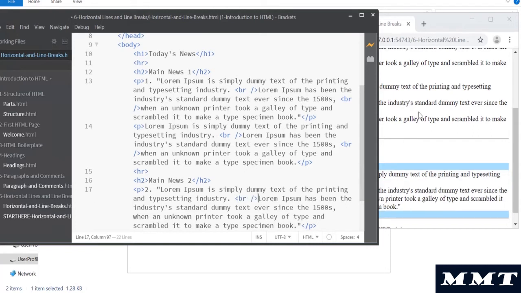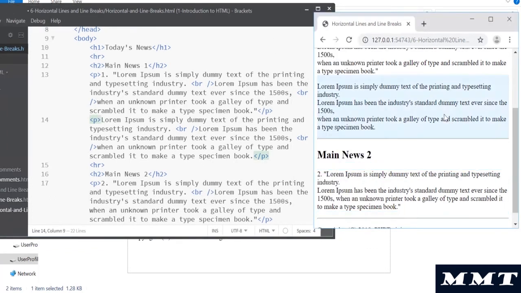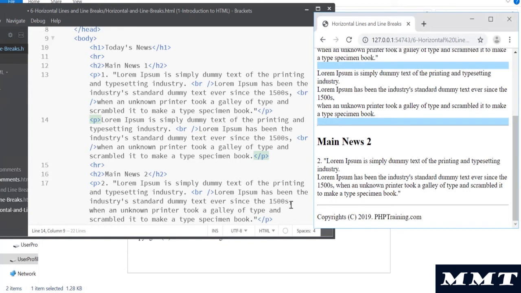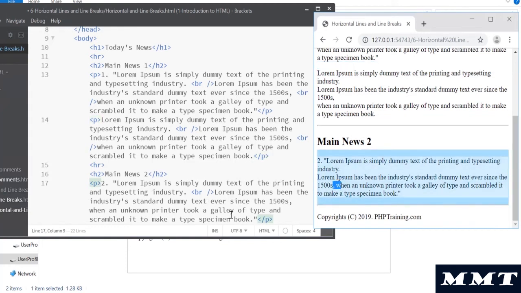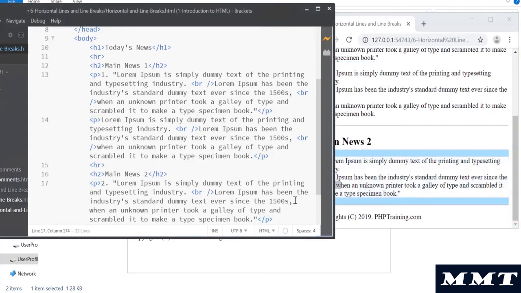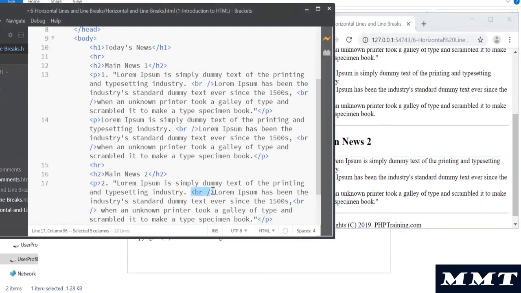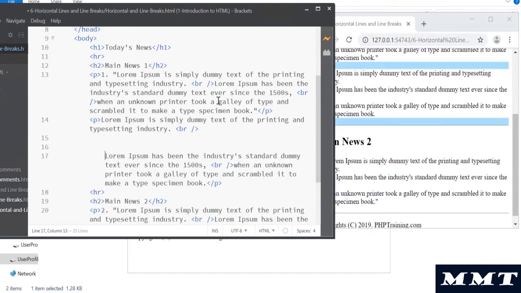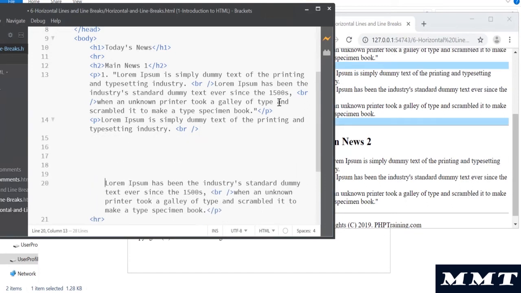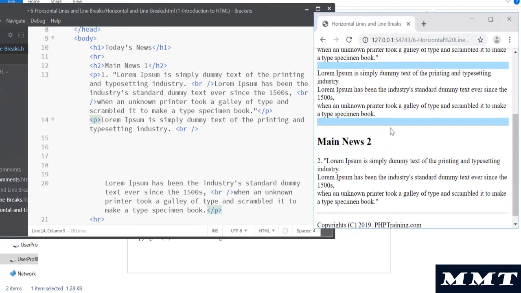And you see on the right hand side, that's where the break is coming up. You see 1500 here. I'm going to add the break here, and you see it's breaking now. So the break is basically breaking up the line, breaking up the text and moving it to the next line. That's what the break does. But if you try to add new lines like this, it's not going to add new lines onto the output.